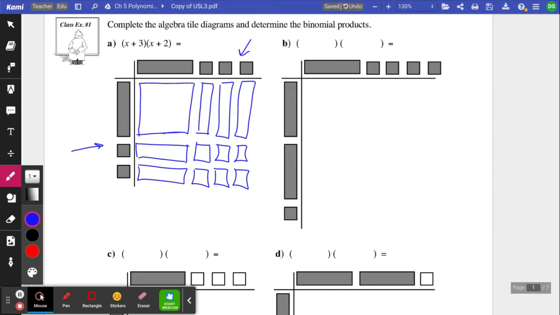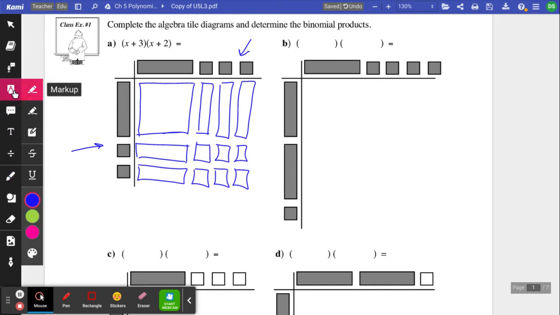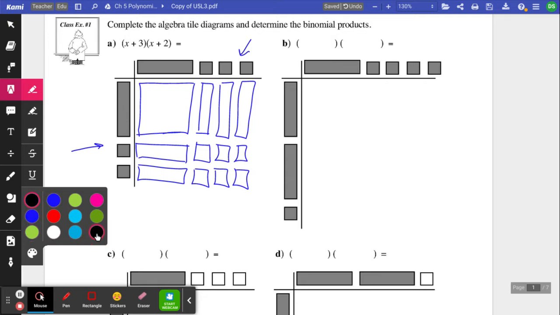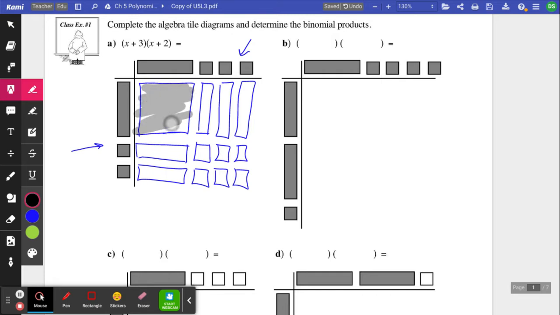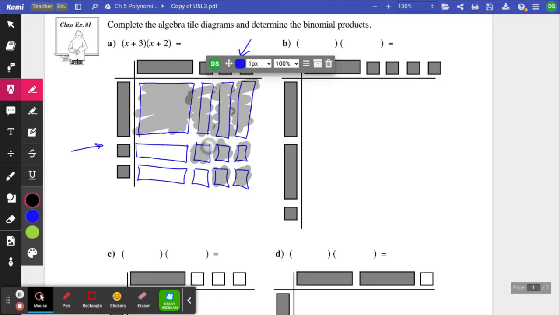And there's no little pieces sticking out. I don't have one long block and a bunch of little guys at the end. It's all working. And then, of course, you have to decide if they're positive or negative. So are they positive? Yes. So then you fill them in, right? Because they should all be the same. So it's all colored in. If they're filled in, if they're gray, that means it's positive times positive. Okay. And if you actually have blocks, of course, you push them all together and they make one nice little